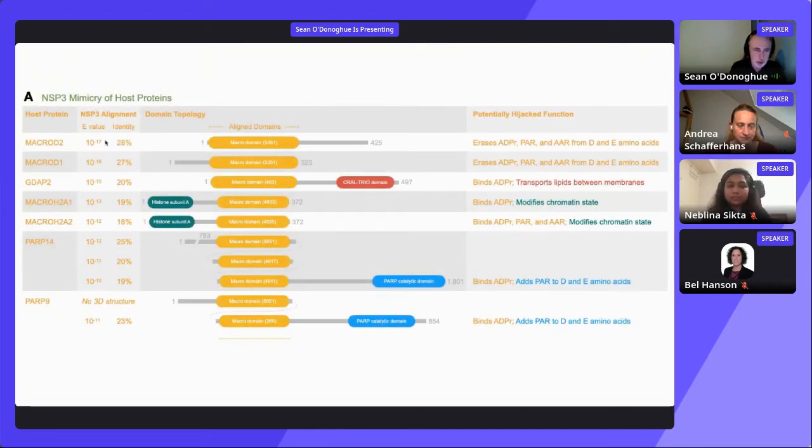This, I think, is a very interesting and perhaps slightly underexplored aspect of the viral proteome, that it mimics these ADP ribosylation-related proteins. The two proteins that are most strongly mimicked are both related to what's called the erasure of ADPR, so it's the removal of ADP ribosylation. This is more or less the opposite of what we think of as PARP, the commonly known PARP-related proteins. They add ADP in multiple copies, so they add polymers of that, and these are called demyelation, actually. So they remove the very last of the